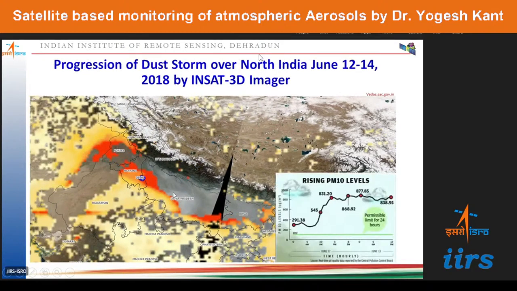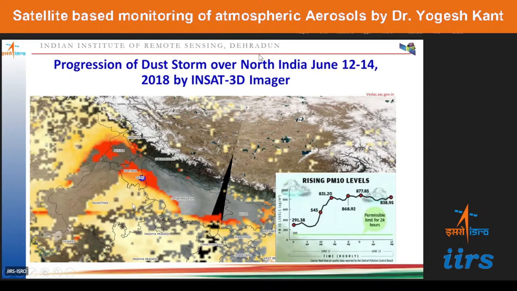Indo-Gangetic plain. And if we look at the ground level, if we measure from the CPCB, the particulate matter concentration is very high, PM10 levels, because these are the coarser dust particles. So you see, for example, in a day, as time progresses, 5 a.m., 10 a.m., 3 p.m., every 5 hours, every 3 hours, there is a change. And satellites can also measure this.